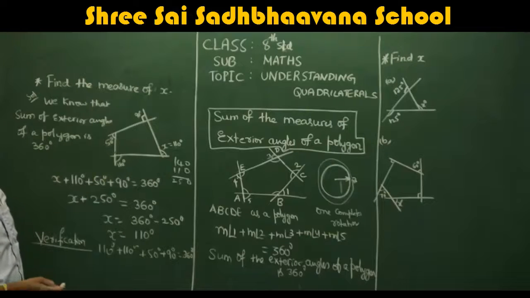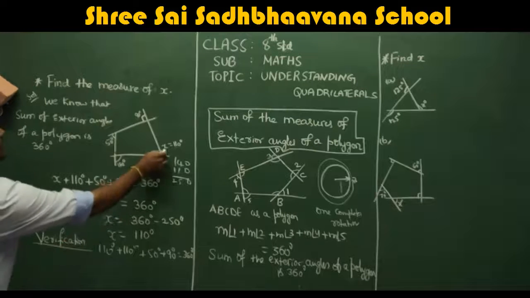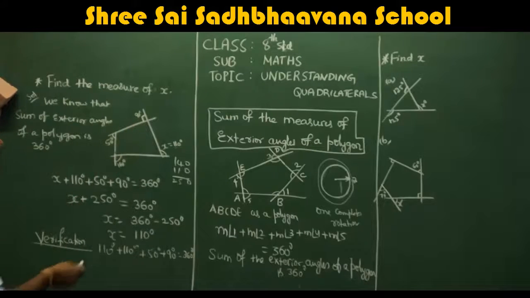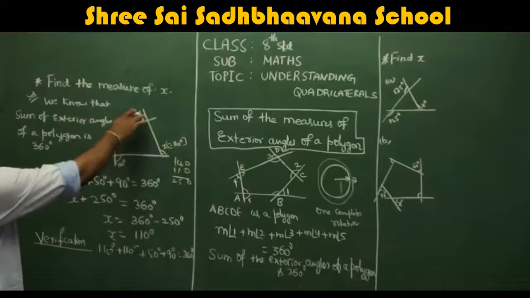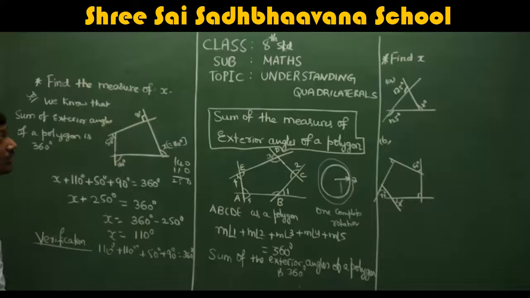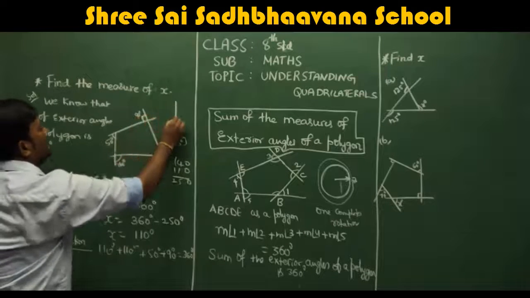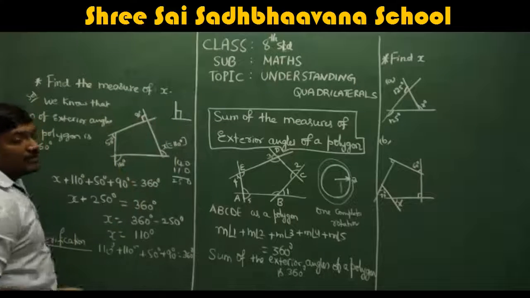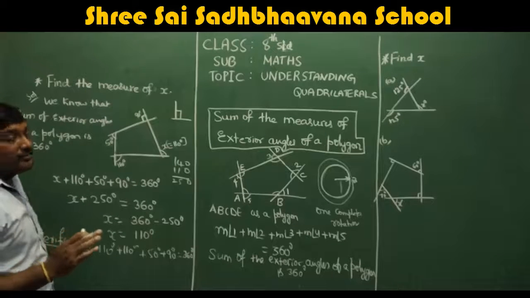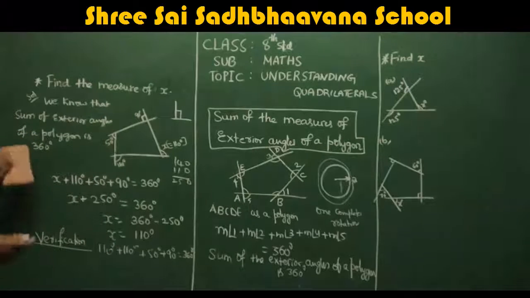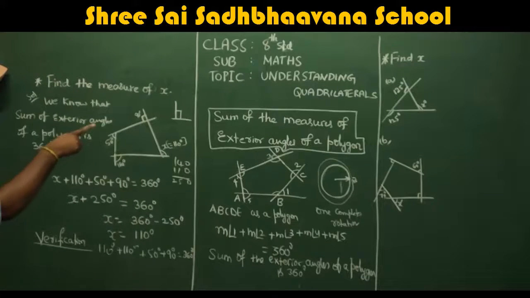Just now we discussed that property. So the sum of the angles of a polygon should be equal to 360. So just add all the exterior angles here. So what are those? X, which we don't know yet, plus 90. Why is it 90? You might have a doubt. Remember, if they give anything like this, it represents a right angle. A right angle's measure is always 90 degrees. That is the reason I took 90. They will not give the right angle measure. If they don't give 90, you have to understand that if they give that right angle symbol, it is understood to be 90 degrees.